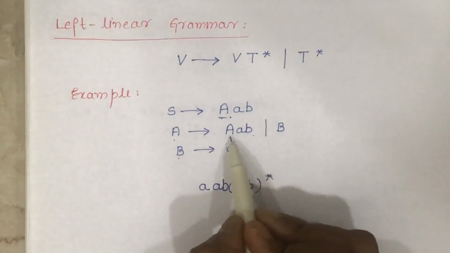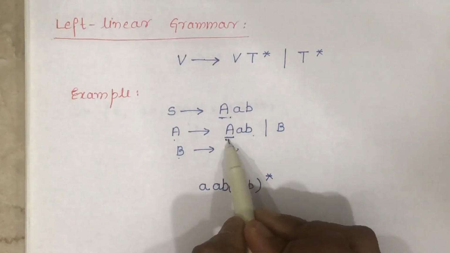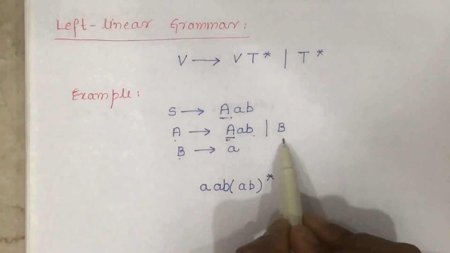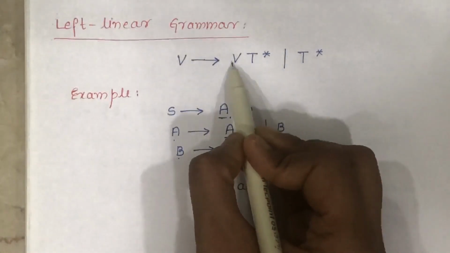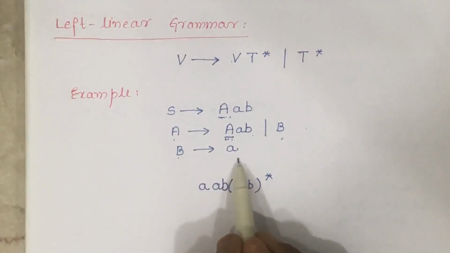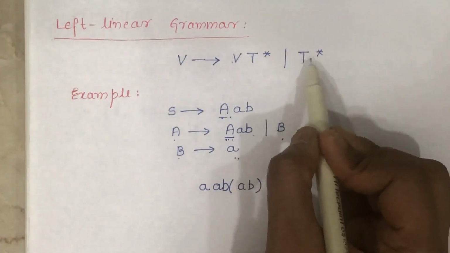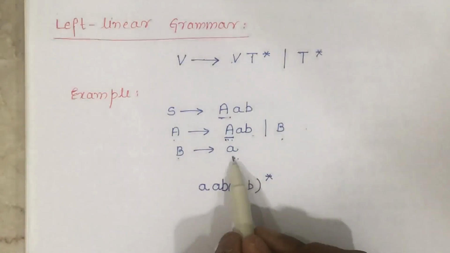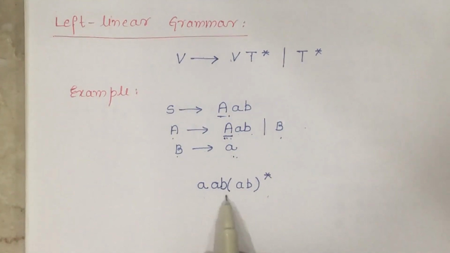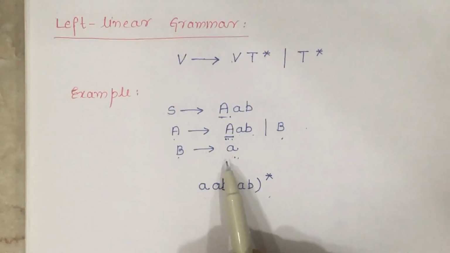In this alternate there is only one non-terminal situated at leftmost position followed by terminals AB, and in this alternate there is only one non-terminal as per this rule. One non-terminal, then 0 or more terminals. Now in this B to A, on right hand side we have only one terminal. So from here, one terminal and no non-terminal is there. And for this we can obtain the regular expression like (AB)*. We can obtain the language from this grammar as obtained in the previous case.